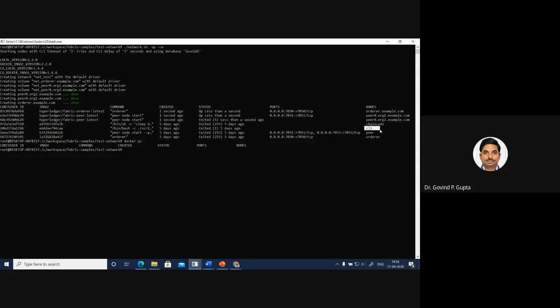With the SDK you can use JavaScript, Node.js, or Java. Here I am using Go chaincode, so that's why I am attaching the command line interface.